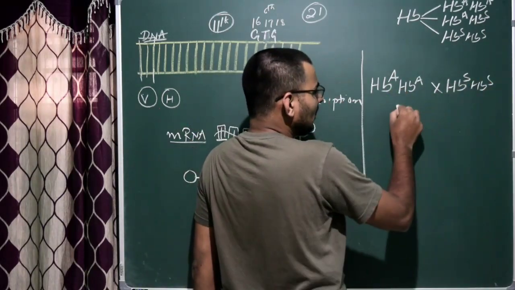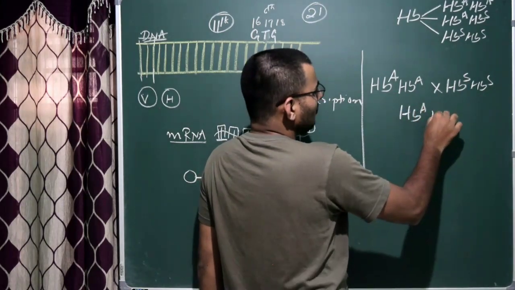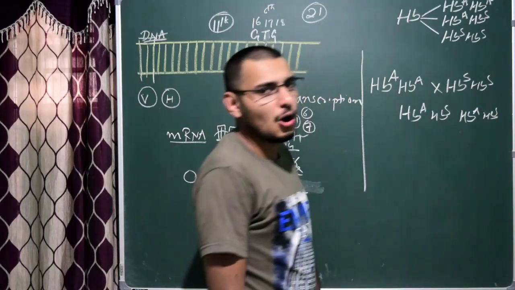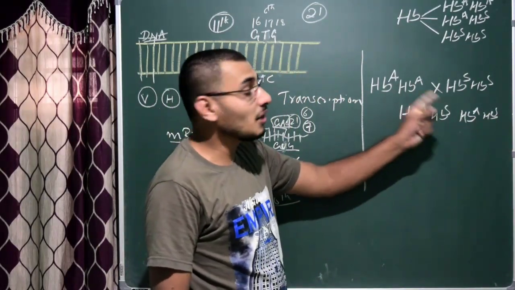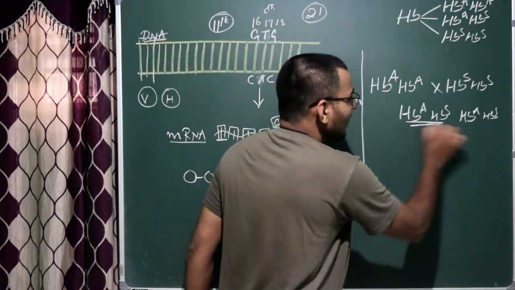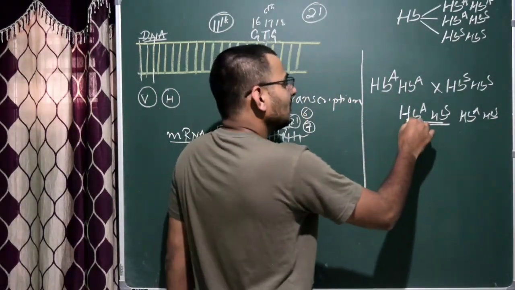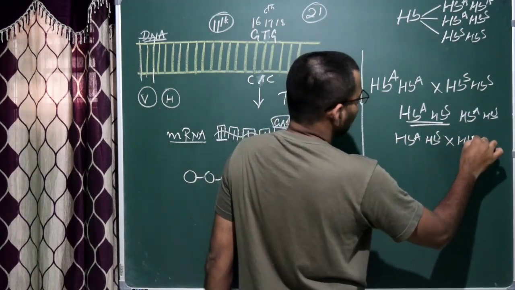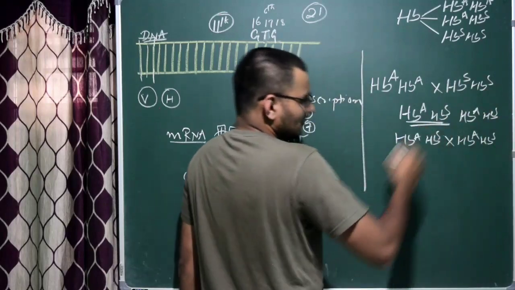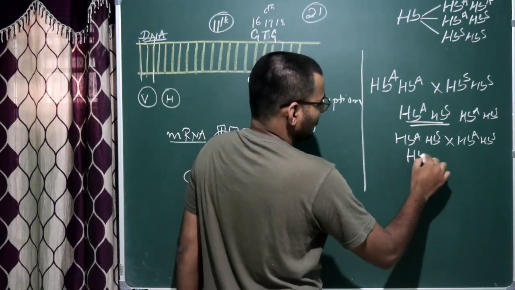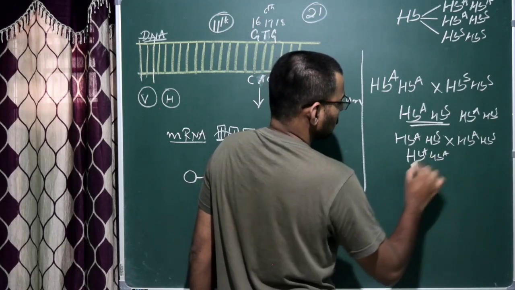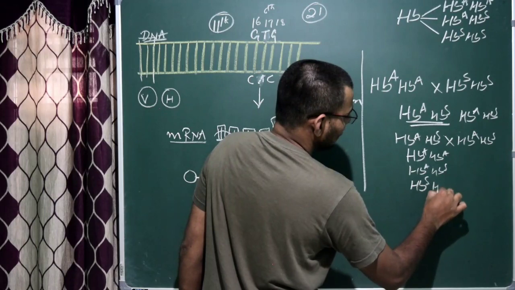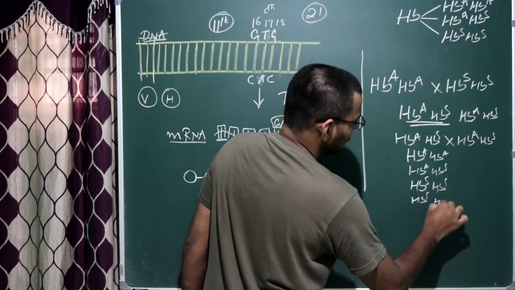So obviously, you can work out the individuals will be safe. We get around 4 individuals. All 4 individuals are safe. Why? Because they are the carriers. Correct? They are the carriers. Very, very important. And if HbA HbS, that is the carriers, marry another carrier for sickle cell anemia, we get this. HbA HbA is possible, HbA HbS is possible, HbS HbA is possible, HbS HbS possible.